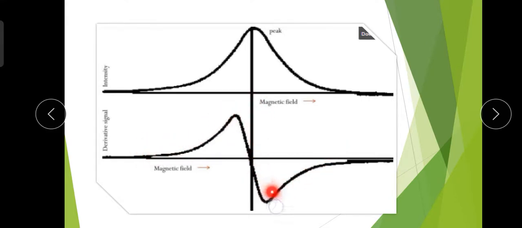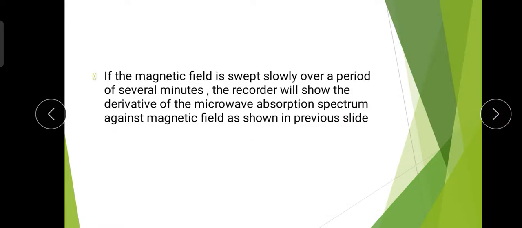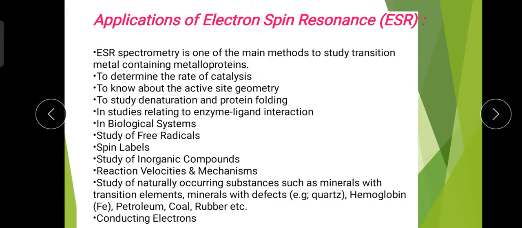Here we get these two peaks, an up peak and a down peak, for the same absorption peak of the ESR spectrum. So this is in the form of derivative, and the other is only the form of absorption at the resonance condition. So these are the ESR peaks or ESR spectra which we have observed on the screen. This is all about the construction of the ESR spectrometer and how we get the spectrum from it. This is very important in order to get the ESR spectra or to study the sample.